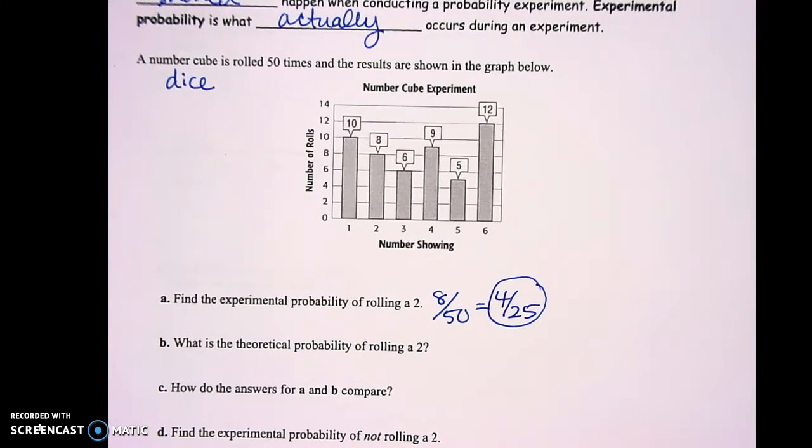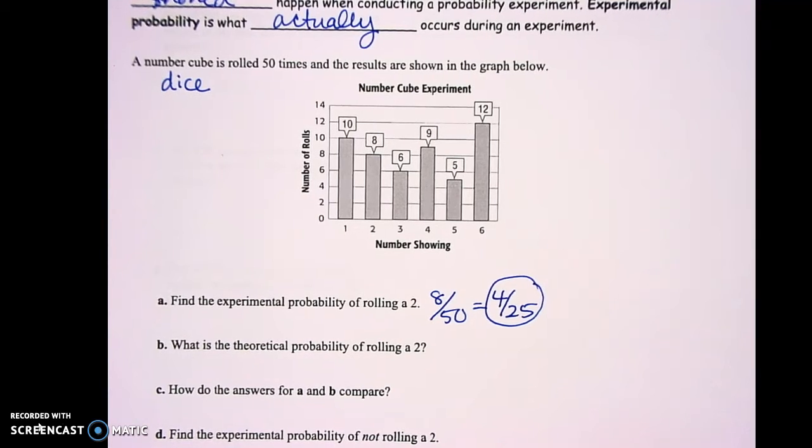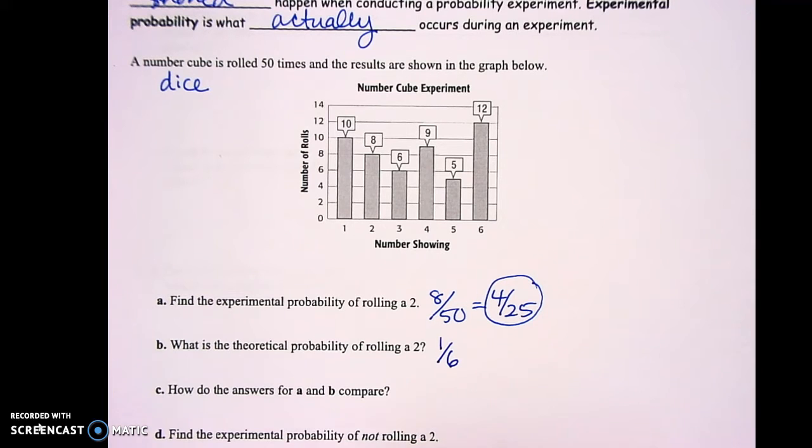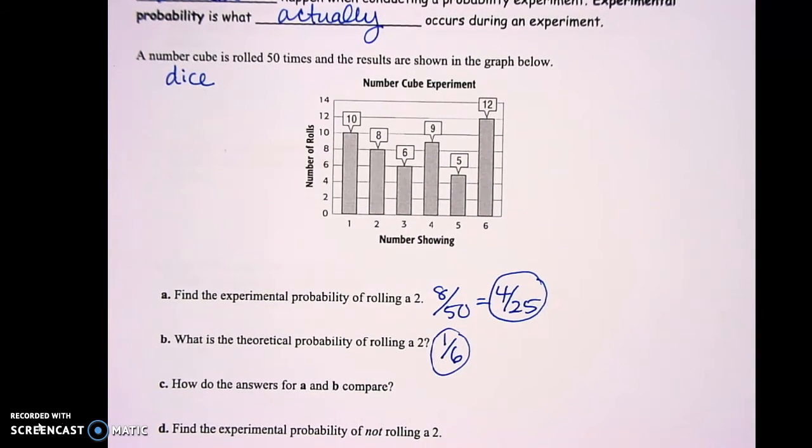Next one, what's the theoretical probability of rolling a 2? So what should happen? So you have an equal chance of landing on a 1, 2, 3, 4, 5, or 6. So it should be 1 out of 6 chance is how often you should get a 2, or any number for that matter. As a reminder, if I'm going too fast at all, please